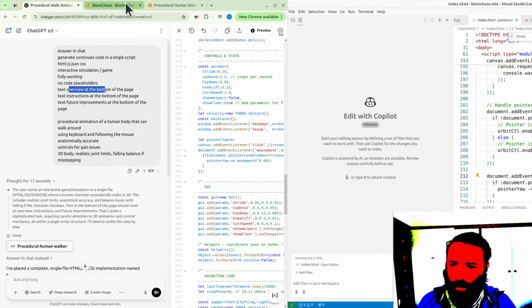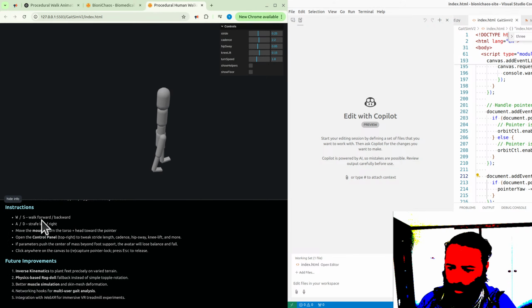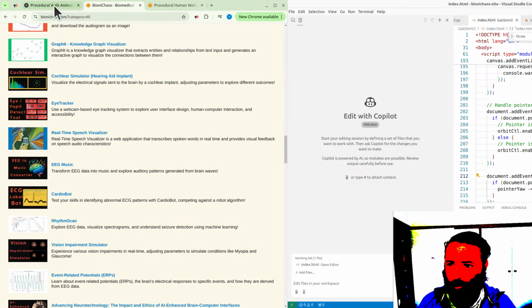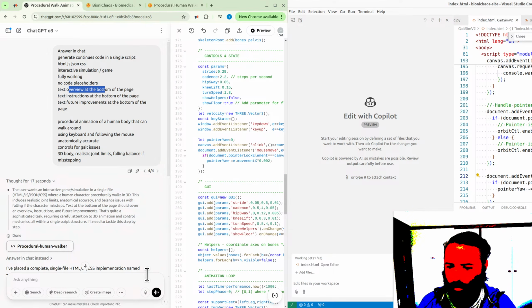A text overview at the bottom of the page, yes. Instructions at the bottom of the page, future improvements at the bottom of the page, yes, did all that, didn't